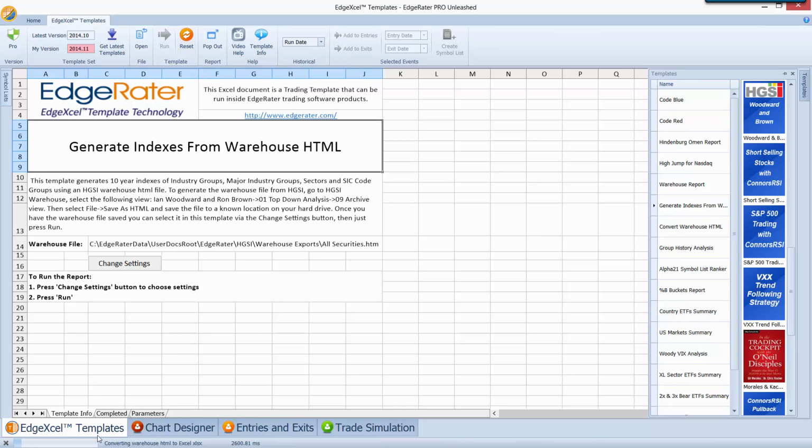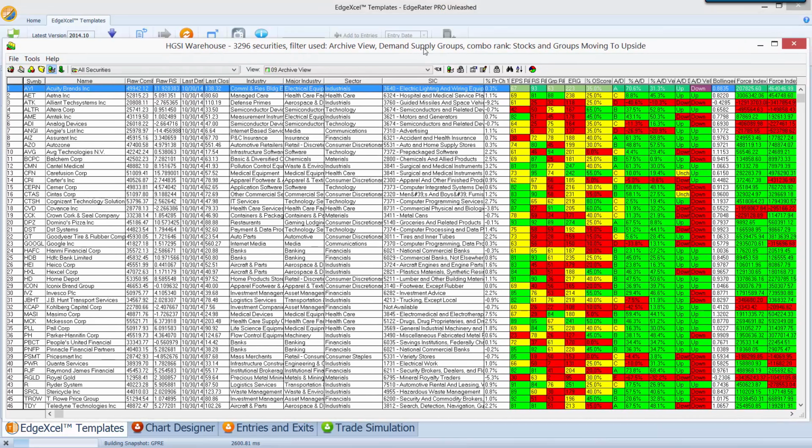and you'll see the process as it goes along and produces all of the data that goes along with this template. And there's a lot of data being processed. So let me give you an idea of what's happening right now. This template is generating 10-year indexes for all of those groups that I mentioned before. So the very first thing it's doing is taking